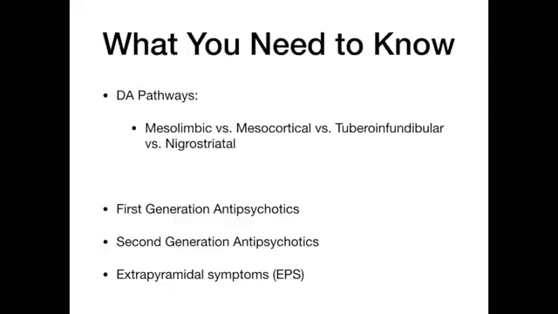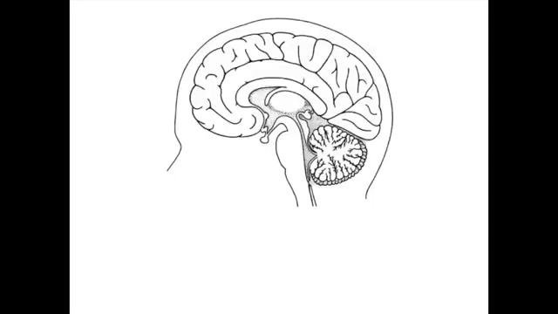So the first thing I want to do is start with the dopaminergic pathways, and we're just going to have to go through these. Now, the dopaminergic pathways do show up on USMLE and COMLEX. But it's really important that you understand this for in-class exams, and when you get on your rotations, this will be really useful in psychiatry, neurology, and occasionally internal medicine. But this has been known to show up, so we're going to go through it so we can really increase the yield that you get from this video.